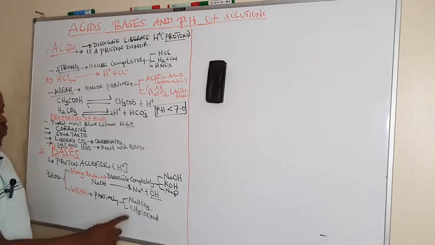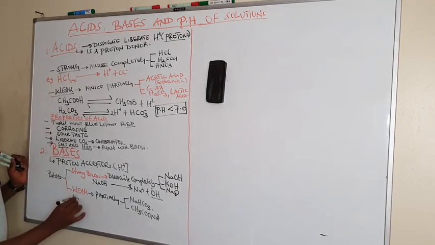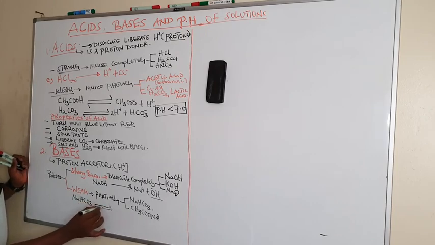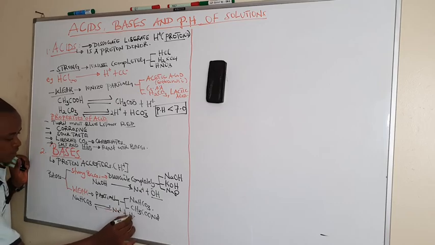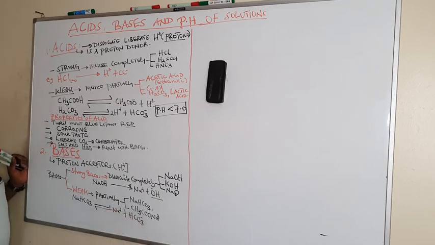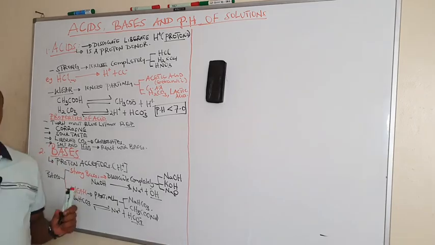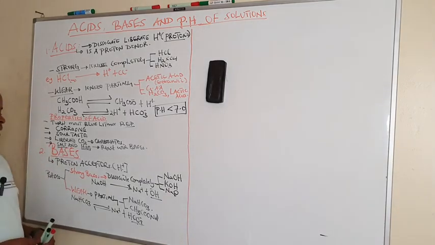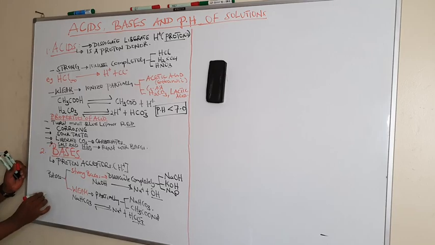And of course, when sodium bicarbonate, sodium hydrogen carbonate, ionizes, it dissociates partially to liberate sodium ions plus bicarbonate. And this bicarbonate is the one that is going to act as a proton acceptor. That is what we can look at bases. And properties of bases